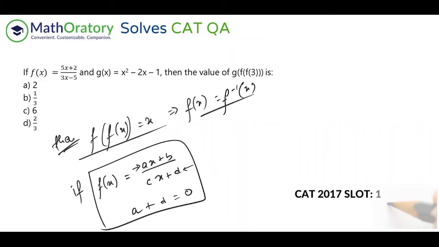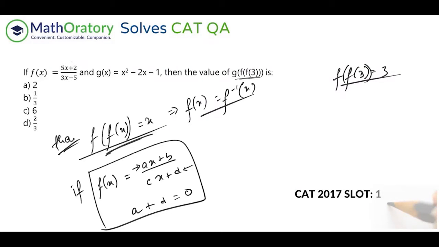Even if you don't remember this, that is fine. We did mention this in our classes as well. Because in CAT, this is not a tough thing to do. You can just substitute continuously. You can substitute x equal to 3 here, and whatever you get, you substitute back here. But if you know this, then you know straightforward that f of 3 is equal to 3 because of this idea.